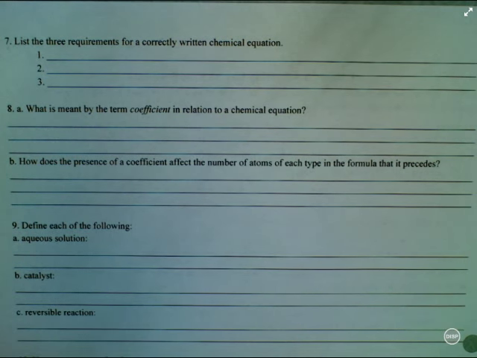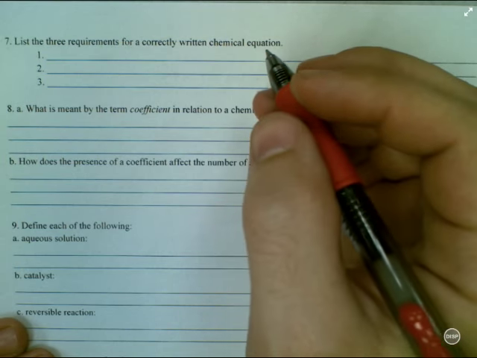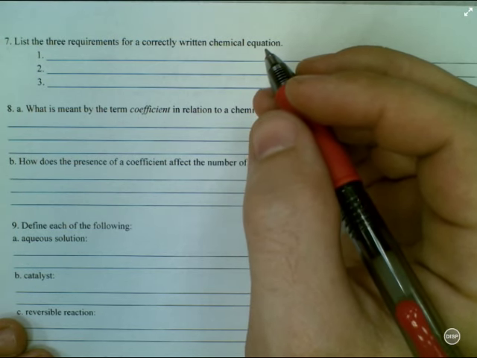Another straightforward one, number 7. List the 3 requirements for a correctly written chemical equation. This and number 6 are both objectives for the entire section, so I hope you can do these. We talked about these in the lecture very specifically. But a correctly written chemical equation